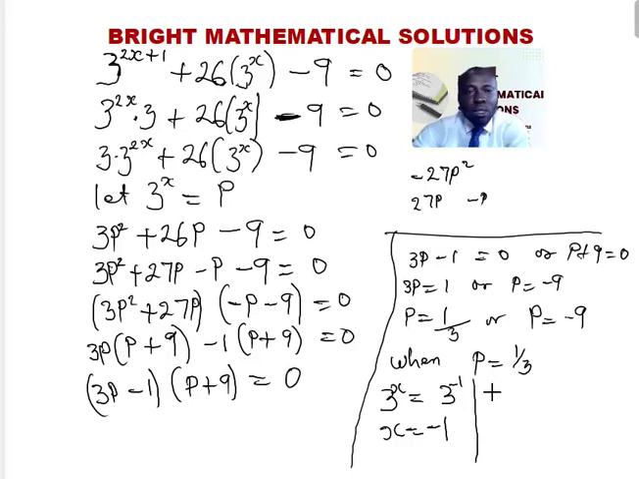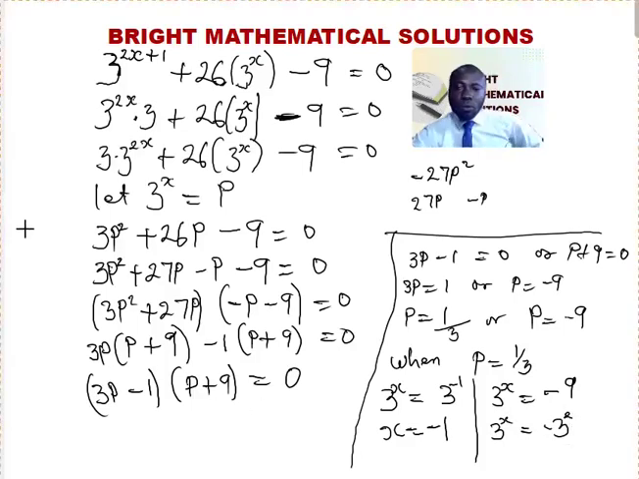So when p is minus 9, that is 3 raised to power x equals minus 9, and that is 3 raised to power x equals minus 3 raised to power 2. So x